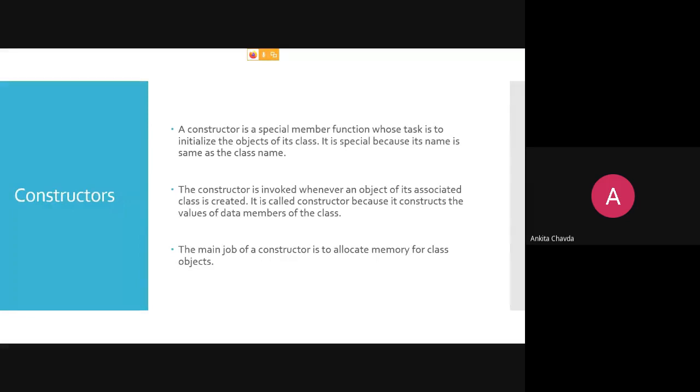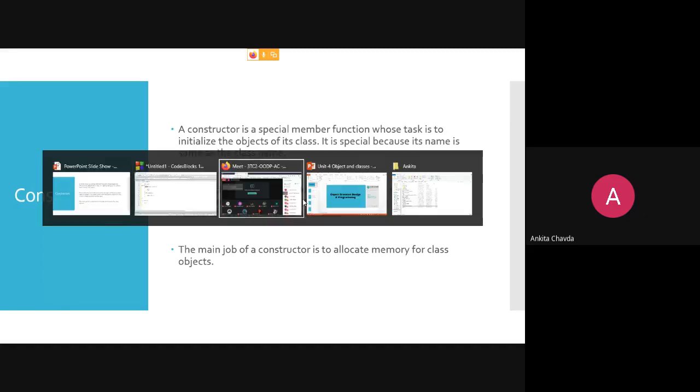So whenever we are creating the object, what will happen? First, it will occupy the memory space. They are getting space in memory whenever the object has been created. And the second task, by the constructor I am initializing those values. So I am doing two tasks in a single line, right? That is why it is known as a constructor.